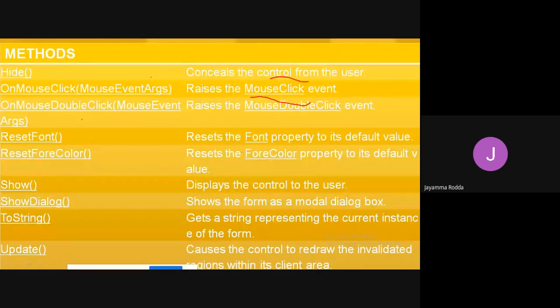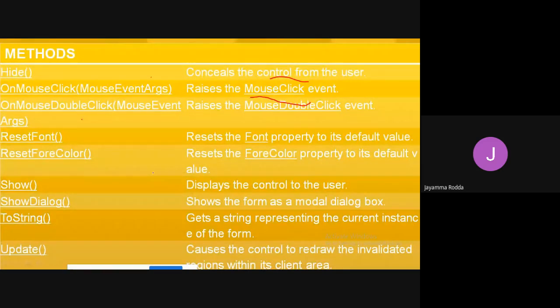So when we are trying to assign some font to the text that is there, if I use reset font, that modification will not exist. The font will be replaced with the original or default value. Whereas reset fore color is the property that we use to set the fore color value. If the button is there, the fore color property is the text property, so foreground, whereas the button is the background.